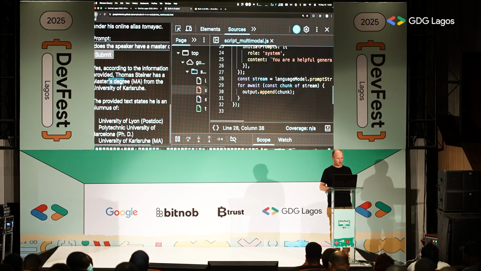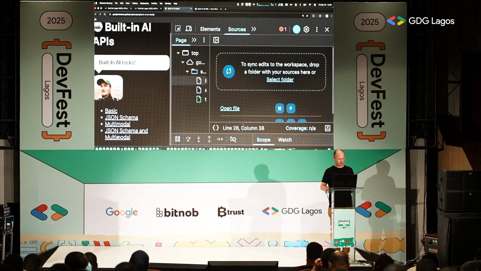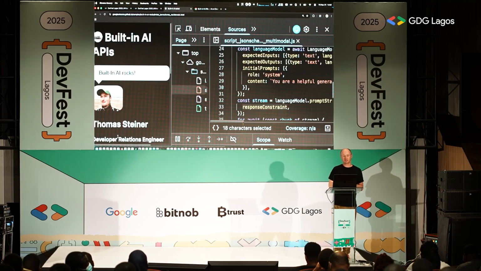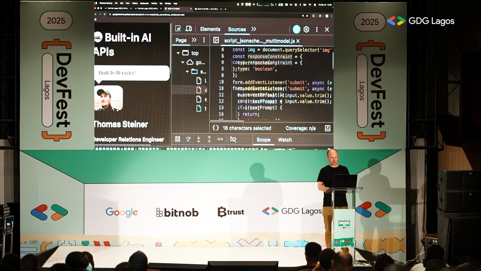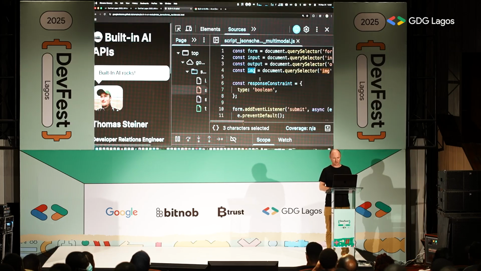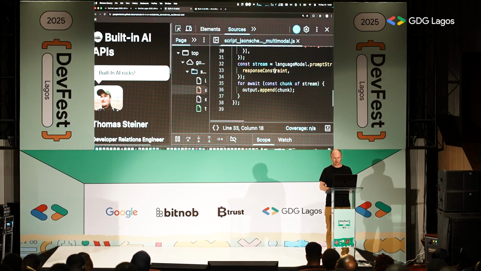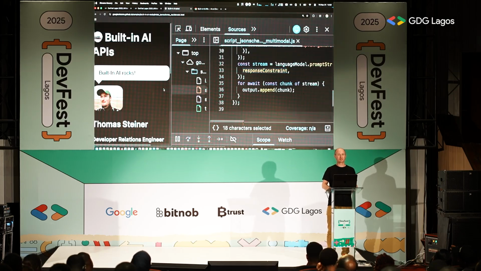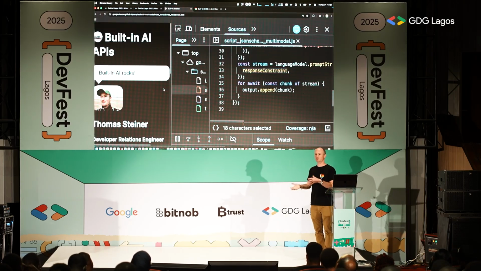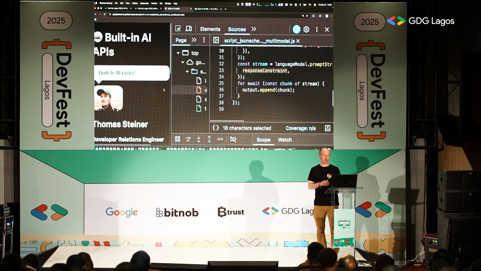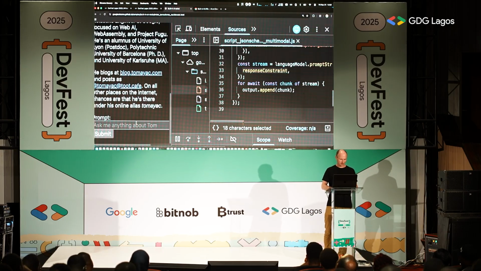And then the final step here is simply just combining the 2. It's not a big secret here, so all I'm doing is I'm combining what I had before, the image and the response constraint, and I'm just adding the response constraint to down here. And now we can ask questions about the image, and the model will respond with true or false, or about the bio. So we can go like,